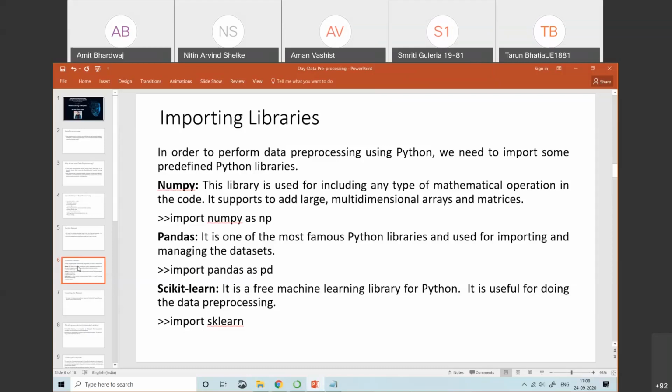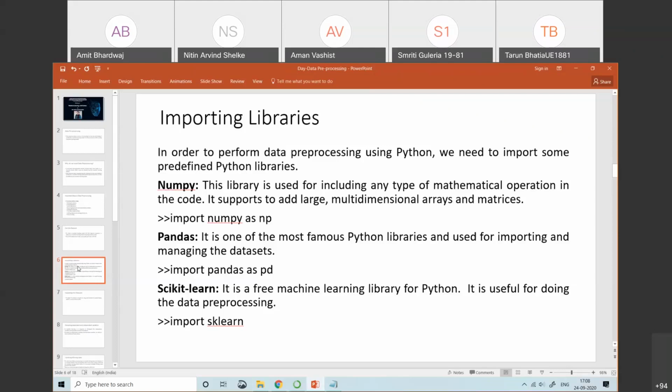Also for checking the null values, we use the pd.isnull().sum() method to get the missing data present in your data set. Likewise, we have several different operations that we can use with the help of the pandas library. The line of code needed is import pandas as pd. So using this single line of statement, you can import it.